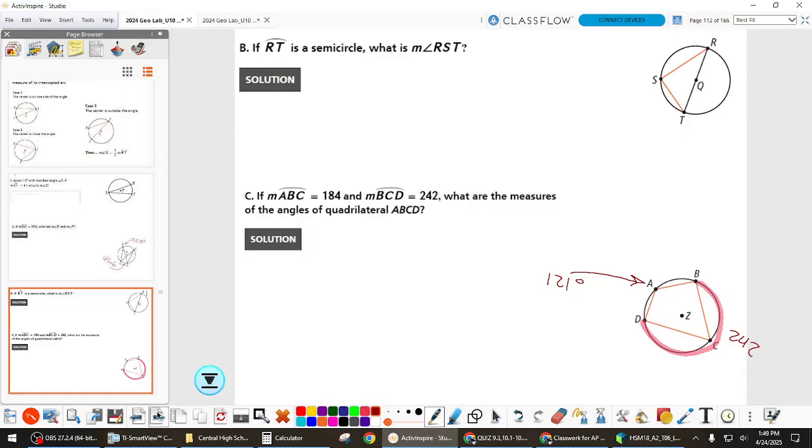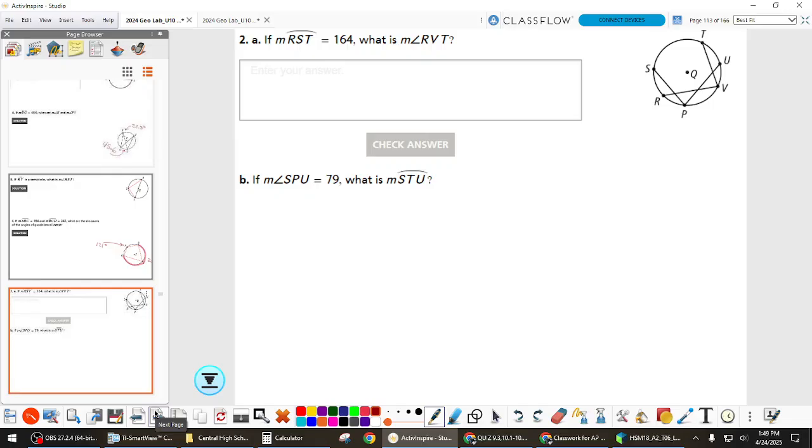So you're kind of seeing how this will be used? Now we have one with some more lines in it. Do you see any inscribed angles? How many? 1, 2. Good. Okay. So you'll be working with this, like I said,